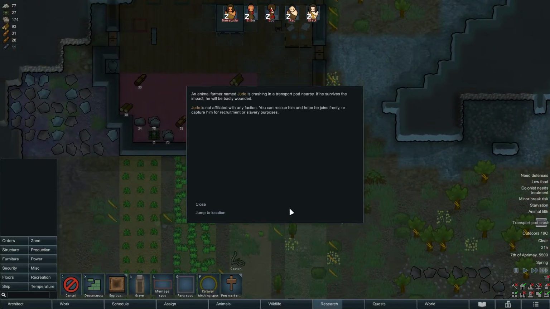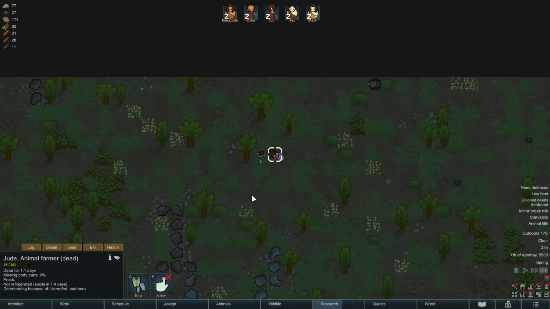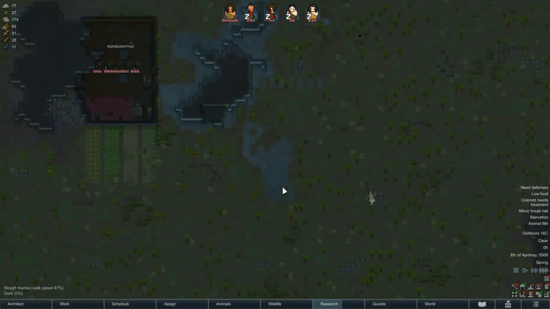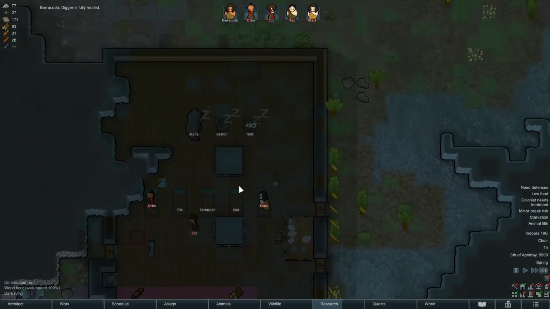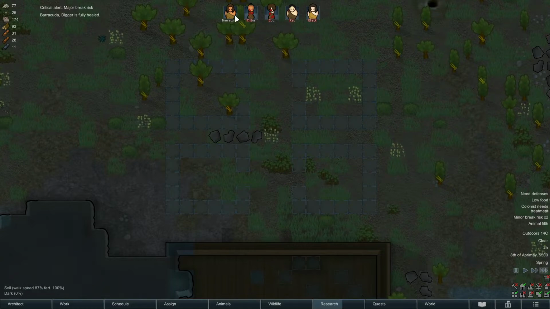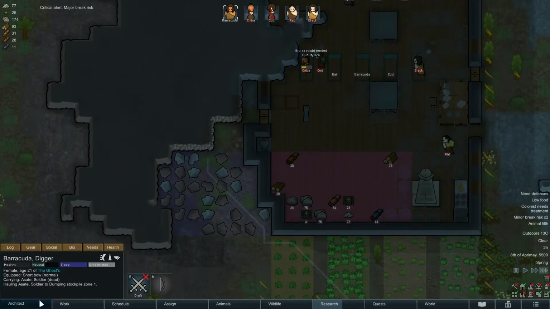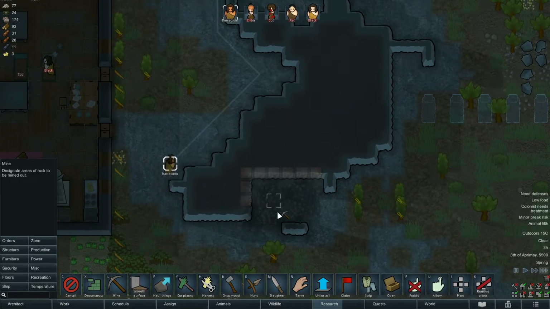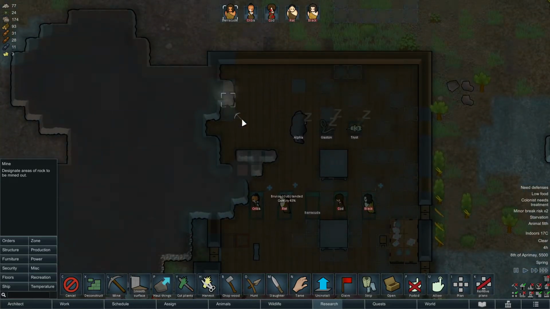Our transport pod crash as well. That's unfortunate. But we'll allow that. We'll get things going. Everyone seems to be injured to some extent. Barracuda is fully healed now. I believe Barracuda was good at mining, yes. Let's put in an order to mine out some more of the steel from over here. And we'll start making this room a bit more